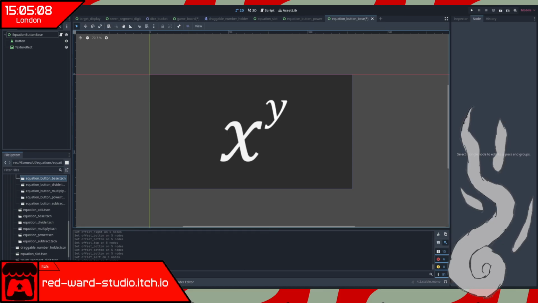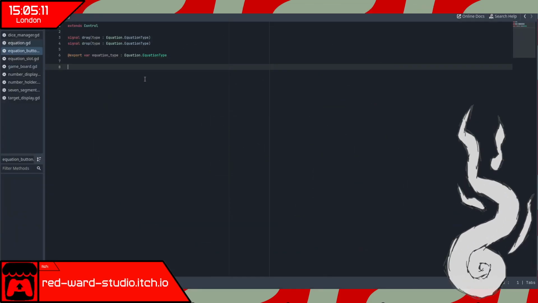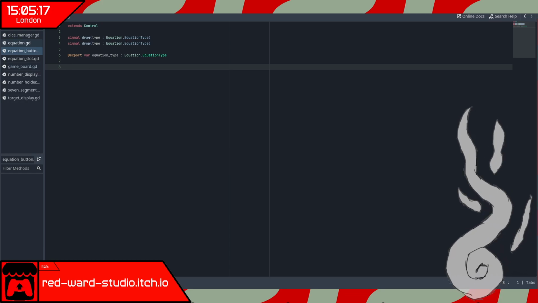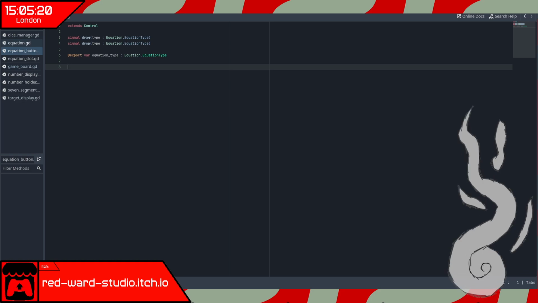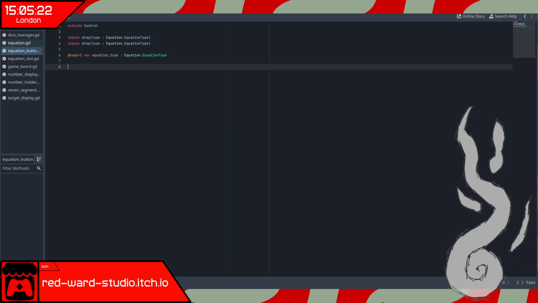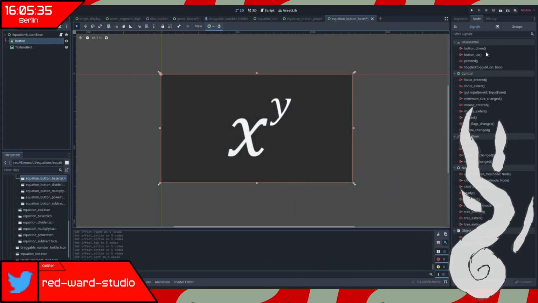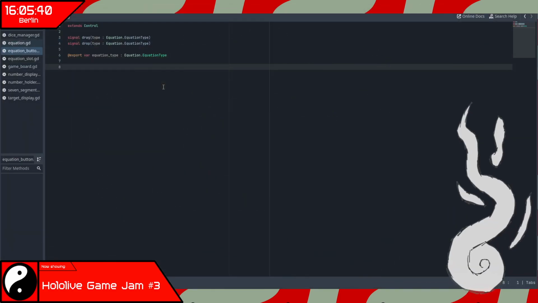Right. Var equation type, and then what? Oh. So I got blooming distracted. Like this button down is the drag, button up would be... Okay, so